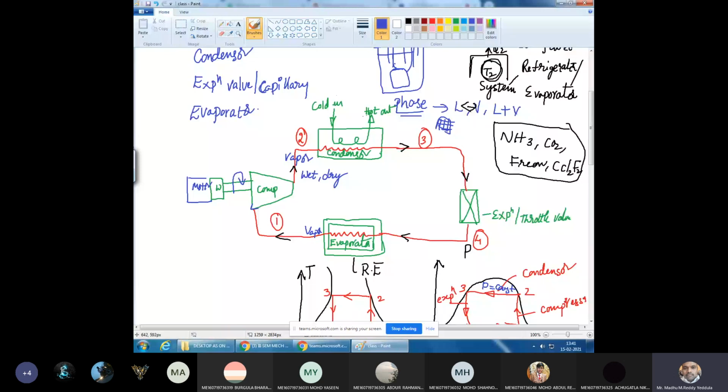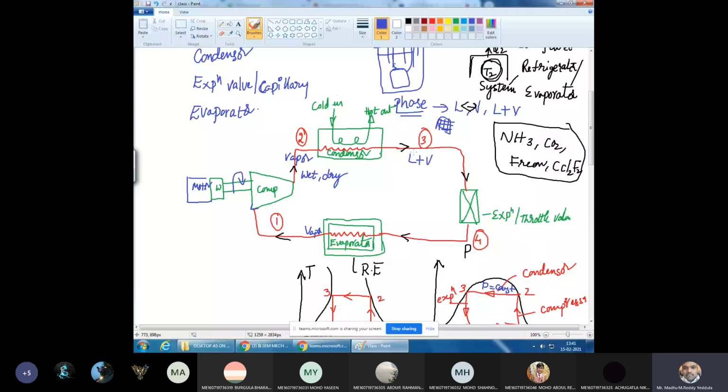If you go for industries for high capacities, there they use water to cool the media. Now the refrigerant leaving the condenser is partly liquid plus vapor. During this condensation process, the refrigerant loses some of its latent heat, thereby the vapor is converted into liquid. Therefore, the refrigerant leaving the condenser may be partly liquid plus vapor.